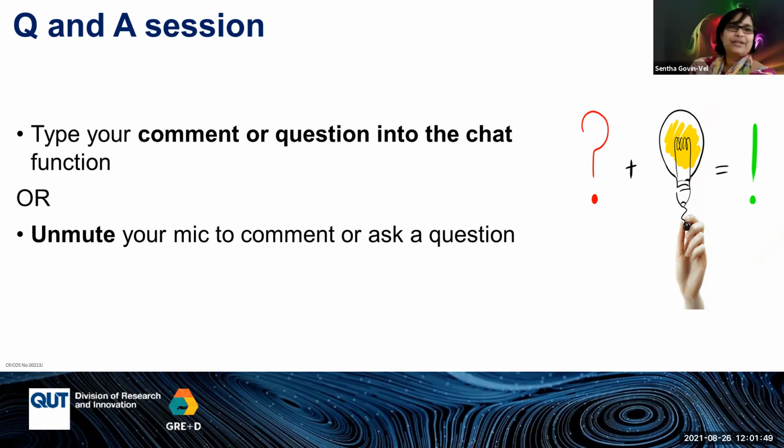I just wanted to find out, when you said the problem and the gap, how do we make it sound as if we have not come to a conclusion that this is the problem, because we are researching, so we're not sounding biased, as if I have done the research, I've come to a conclusion, this is what's going to happen and that is the problem? Because I remember my supervisor was saying that we cannot come to a conclusion, because the whole idea of the research is to research if there is a problem, but still there is a problem. You get what I mean? How do we express that?